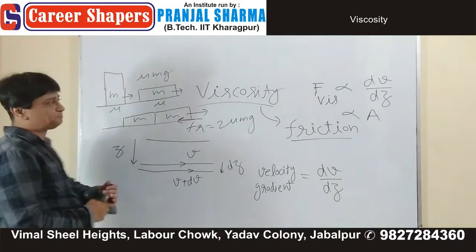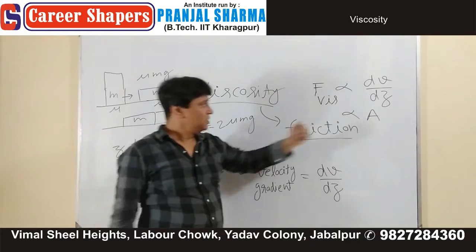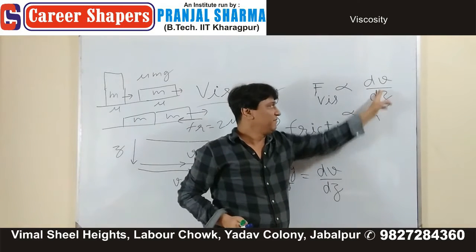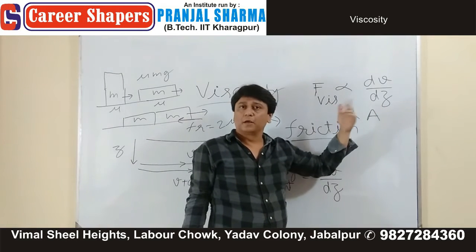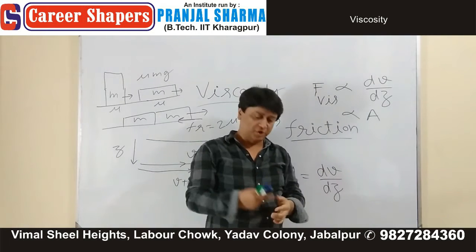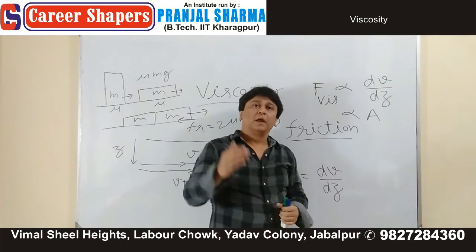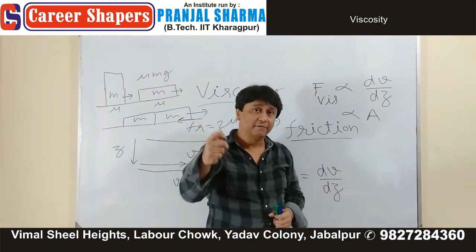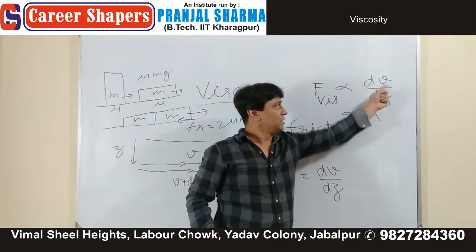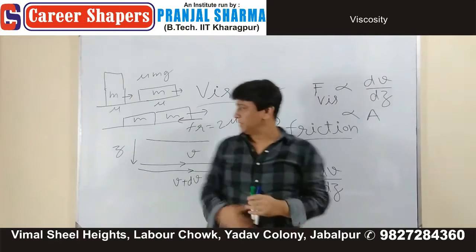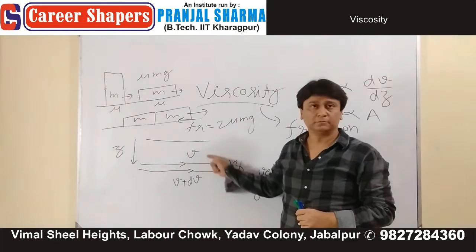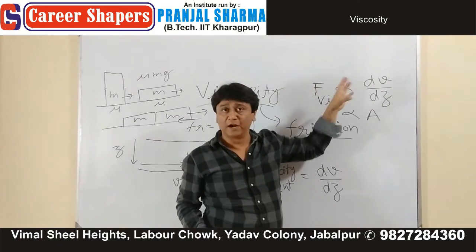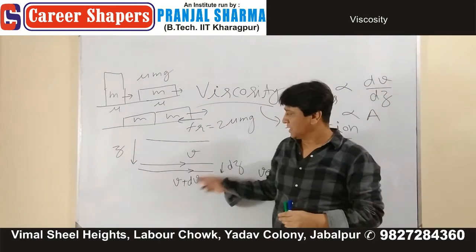Keep looking like this. So force of viscosity is found to be proportional to dV by dz. Now, if you remember again friction, what was friction? Friction opposes relative motion. Relative motion, dV. Difference of speeds is what? dV. What is dV? That thing, relative motion. Now in this case, this